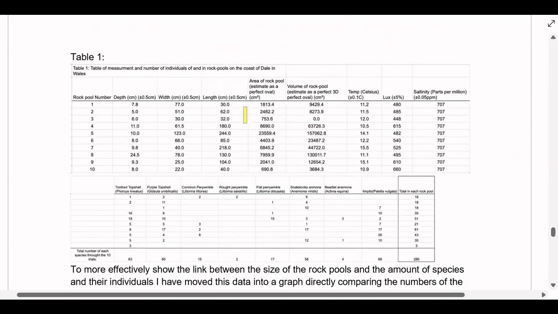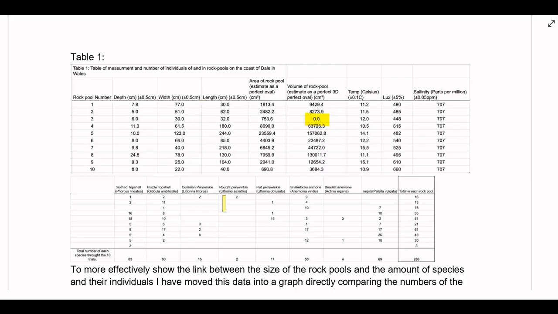Looking at table 1, this looks good, but really, so it was this deep and this wide and this long, number 3, and it had a volume of 0. This makes no sense to me. Good to see consistent decimal places, good to see uncertainties, that's all looking good. Now,